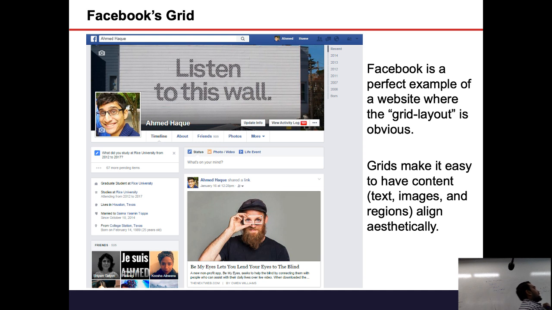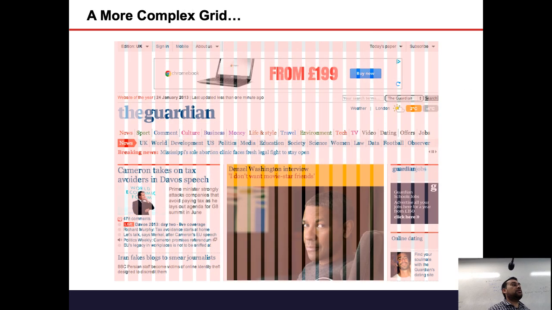All your websites are divided into rows and columns. This one is a little bit more complex, but still there's a grid system behind it. You can see it on the top. Remember, there's a banner or something like an ad. I could see this as a row. This could be a row with small components inside it. This could be columns. So everything, and then you see the pattern that from the ends, everything is in a straight grid, right? This is important.